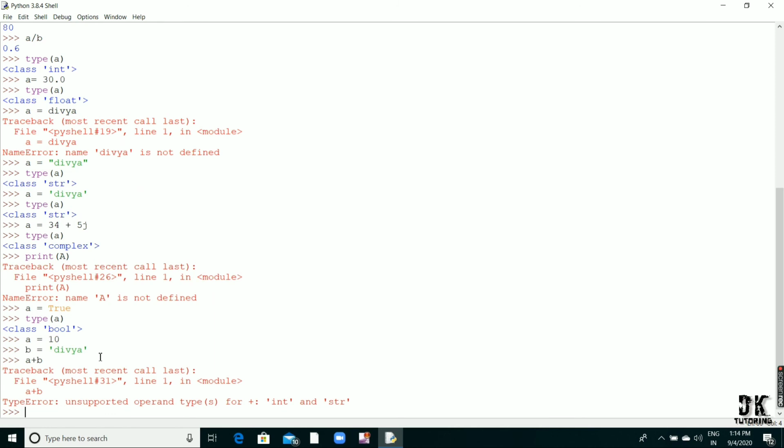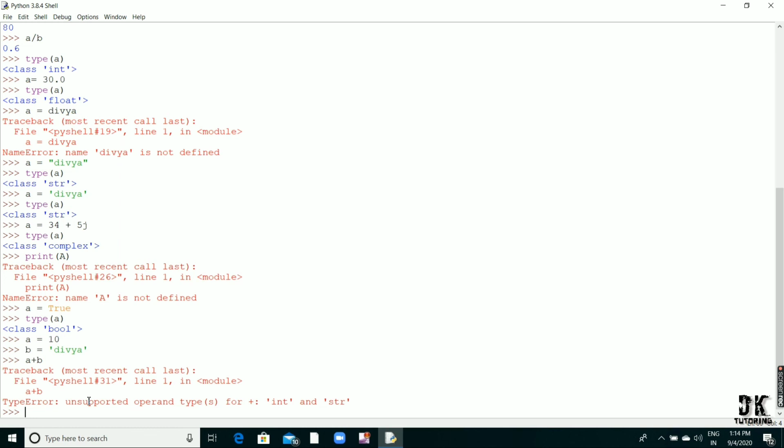So what will you do here? You have to convert this b value into integer or this a value into string. But it is not possible to convert Divya into integer because Divya is not a number. So we can convert a into string.